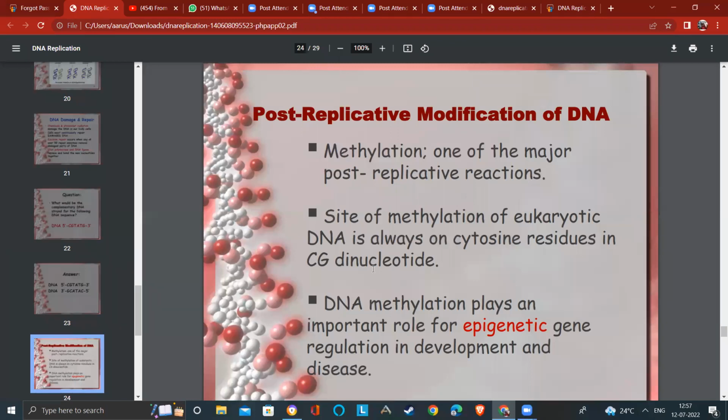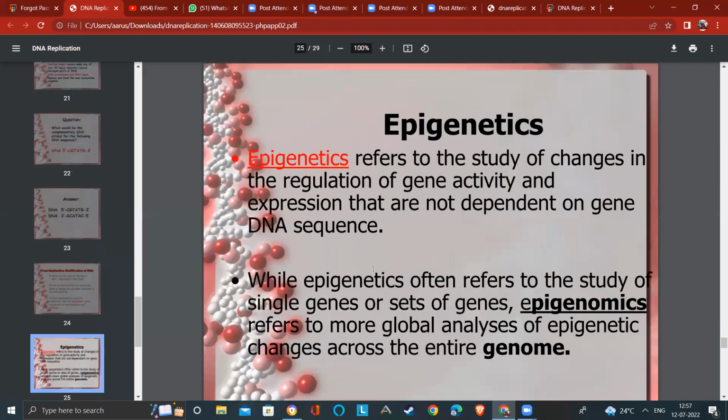And what is this epigenetics? It refers to the study of changes in the regulation of gene activity and expression that are not dependent on the gene DNA sequence. And epigenetics often refers to the study of single genes or sets of genes. And epigenomics refers to the more global analysis of epigenetic changes across the entire genome. So the changes which regulate gene activity and expression, we refer to as epigenetics, which are not dependent on